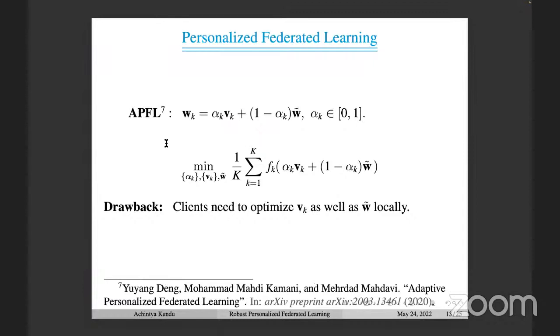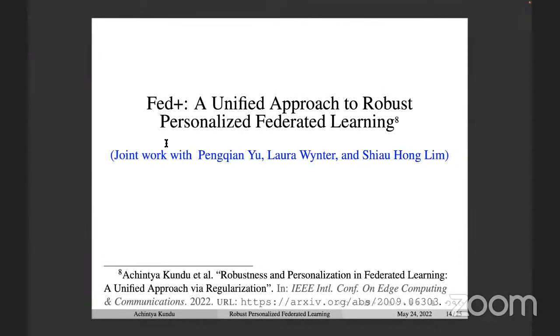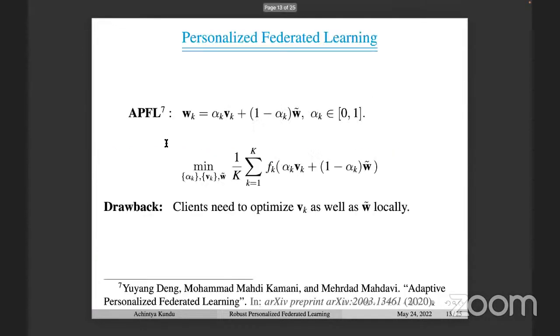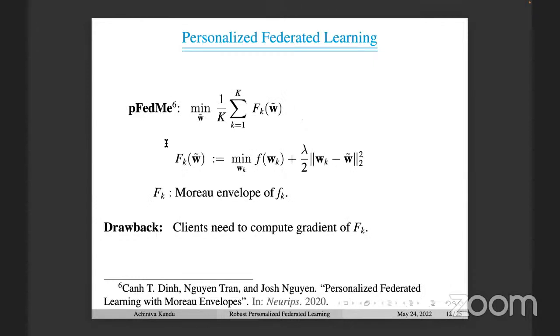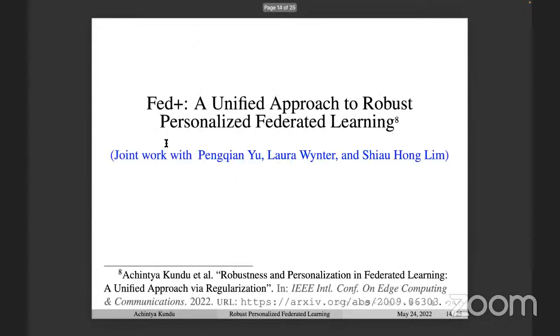So that brings us to our proposed approach, which recently got published in the IEEE Edge conference. Here we have tried to work on both aspects, the robustness as well as personalization. If I make a comment, in all these personalized approaches, there is no robustness involved. That means the server is still doing averaging, and their convergence result is based only on the averaging. This is joint work with 3 other IBM employees here.